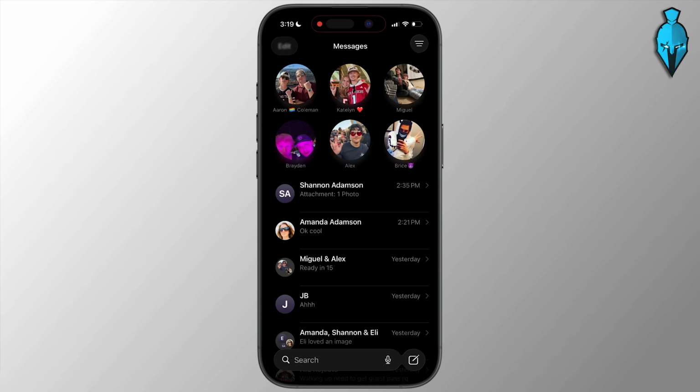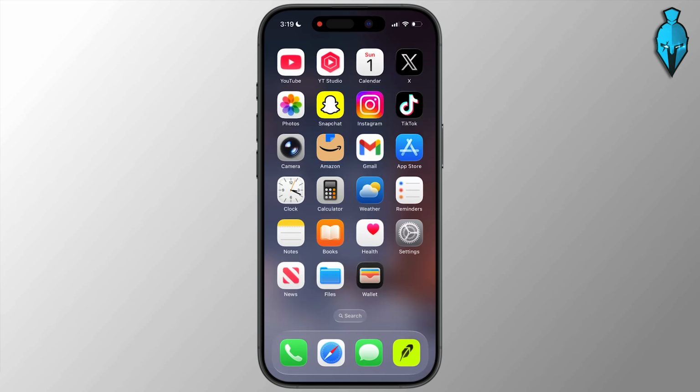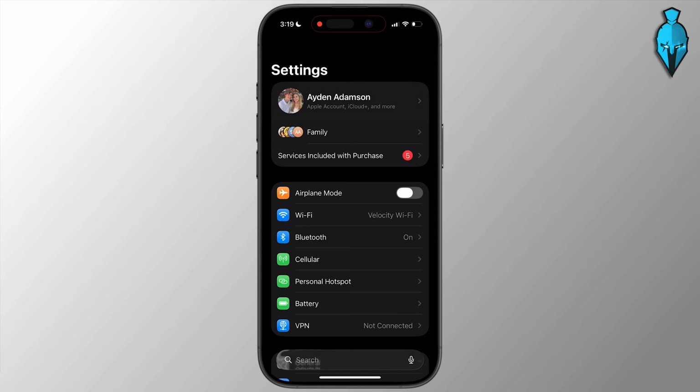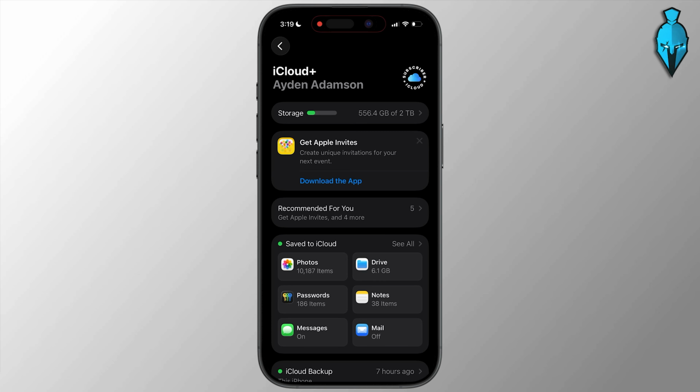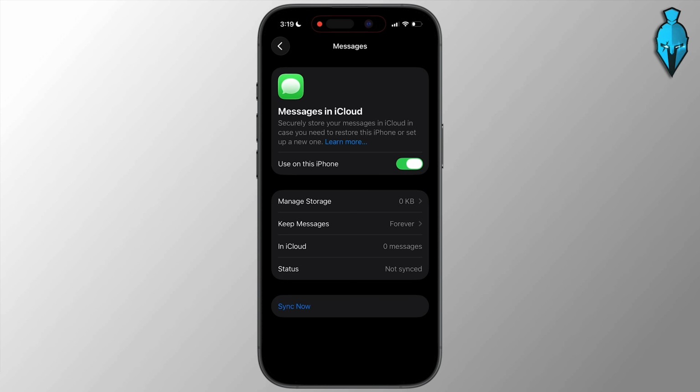For this process, what you're going to want to do is back out and go into your settings, and then from here, tap your name up at the very top, scroll down, select iCloud, and then hit Save to iCloud, and make sure that Messages is turned on. It's going to be a setting that says Turn on Use on this iPhone. As long as this is good, that means all of your messages are going to be backed up to iCloud